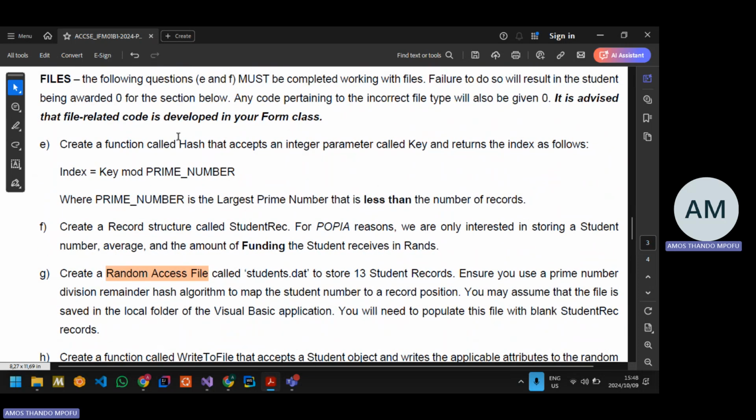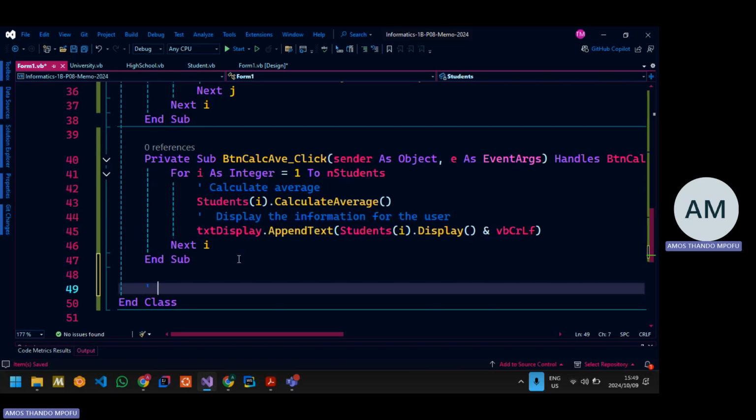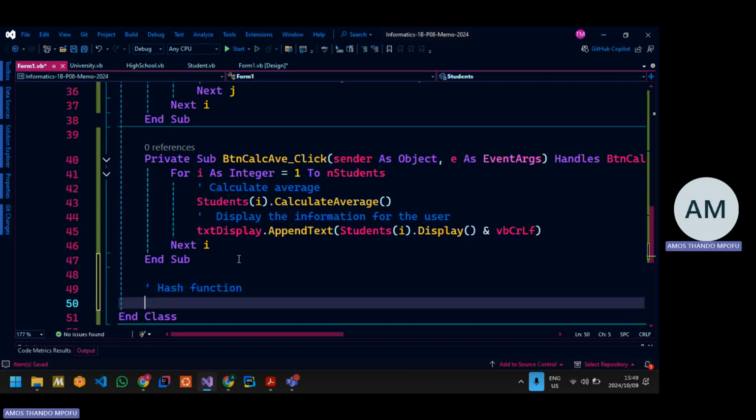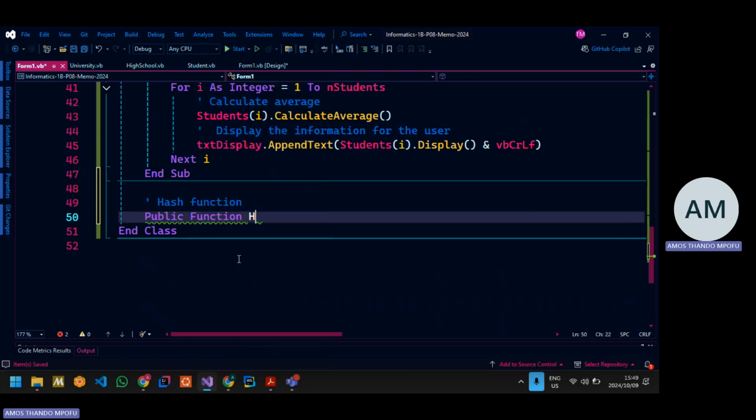And then now we get to file handling. So create a function called hash. Instructions are very clear. You need to follow the instructions. It should be called hash. Don't call it primary key function. Don't do spiritual things. You might even lose all the marks for that function simply because you couldn't follow instructions. So hash function, and it's a function. It will always be a function. Always. So hash, it obviously takes in a key as an integer and it returns an integer. So as integer,